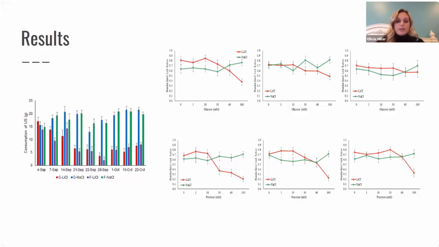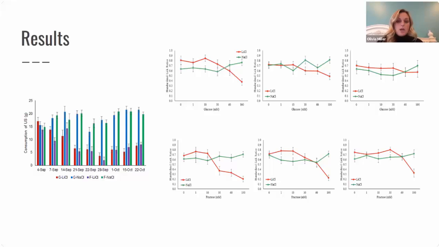continuously being made sick. The graphs on the right showed the trials in which we use a 30-second duration for each trial, and there were only 5 concentrations of glucose or fructose and 1 of water. So from the left to the right, it shows from day 1 to day 3. The top set of graphs look at glucose as the unconditioned stimulus, comparing the rats with lithium chloride injected to those with sodium chloride. So as you can see, as the days go on, these lines get closer to one another at higher concentrations. The red line being lower shows a conditioned taste aversion, which can be seen on day